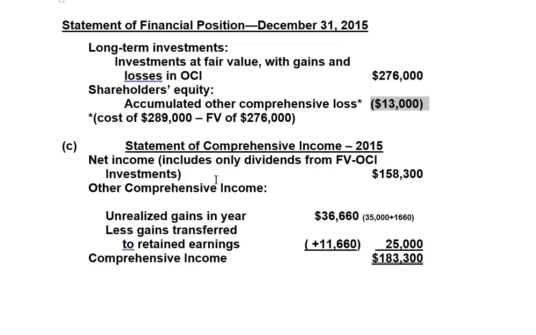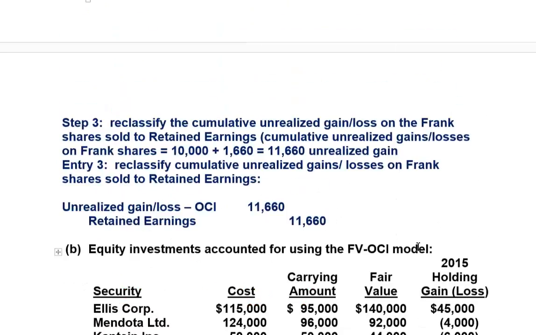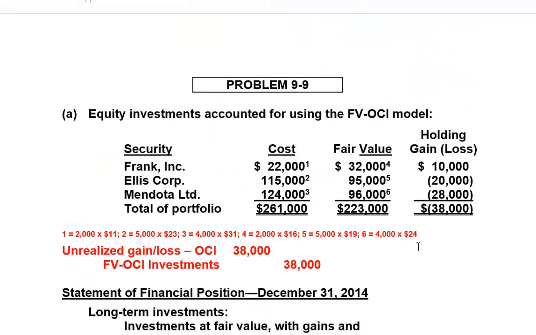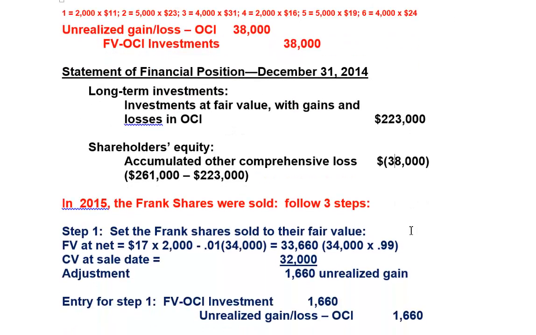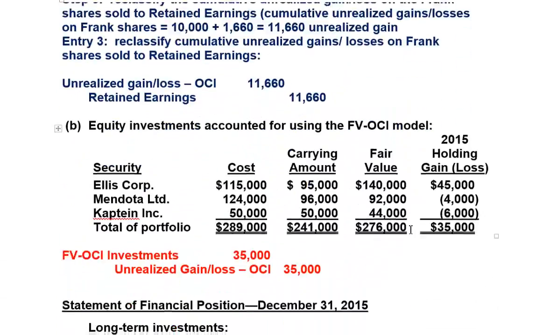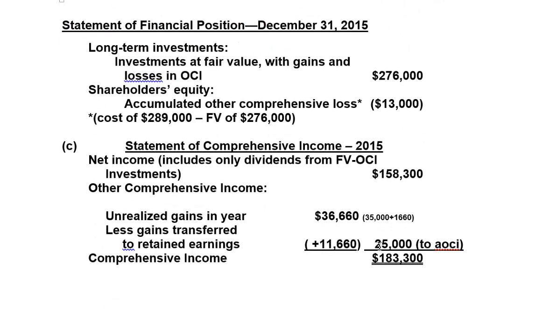Now, the other thing you could do in order to calculate this AOCI balance, because some students would do the statement of comprehensive income first. If you did this, right, this is the amount that's actually going to AOCI this year. So we know that's the amount that goes to AOCI. You know that originally you had, in here, negative or debit 38,000. So what some students would do is they would say, well, if I already have a debit balance of 38,000 in the AOCI, and now I know that what I calculated for this year is also going to update AOCI, some students might say, well, instead of doing